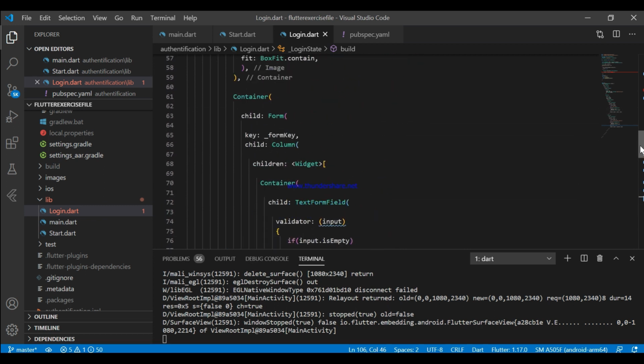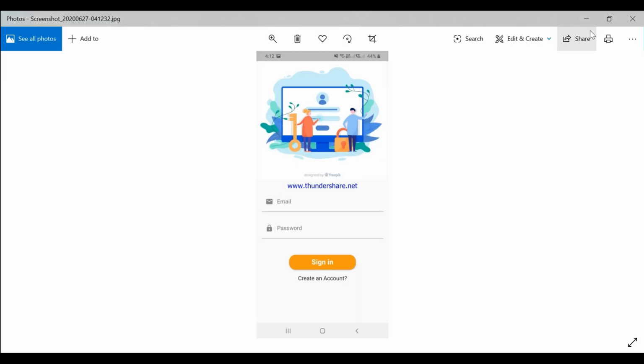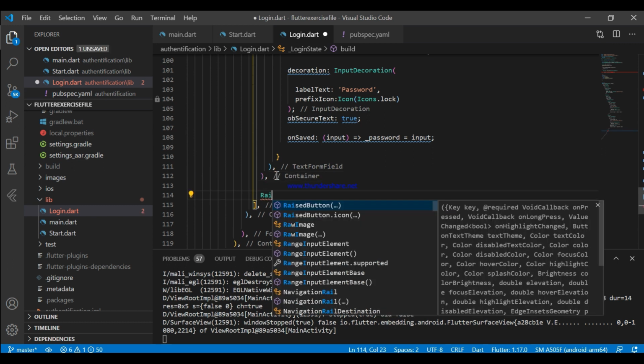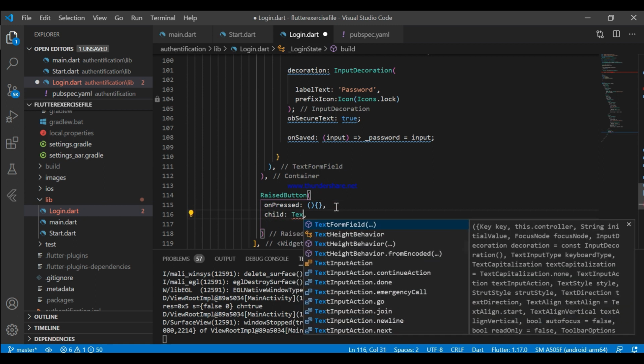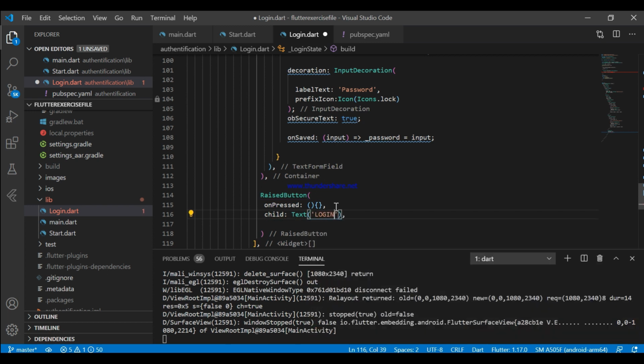Now let's try to run this app. First let's add a raised button. Here I'm going to add the onPressed functionality in a minute, so be patient.